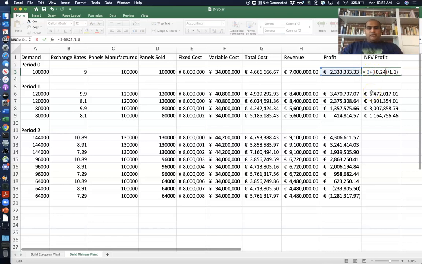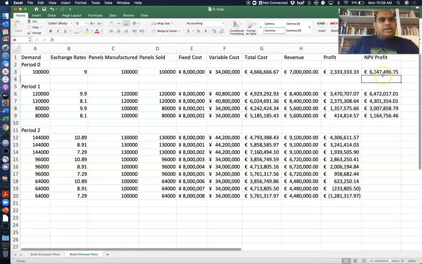So here again 24% times the first scenario, plus 56% times the second scenario, plus 6% times the third scenario, plus 14% times the fourth scenario. The same four probabilities. There you go. So that's the net present value of profit of doing everything, of building the Chinese plant,